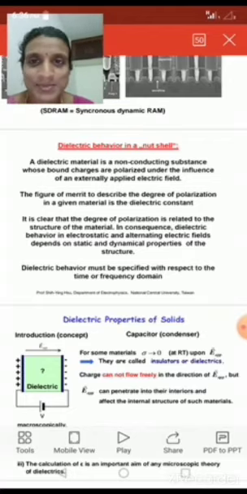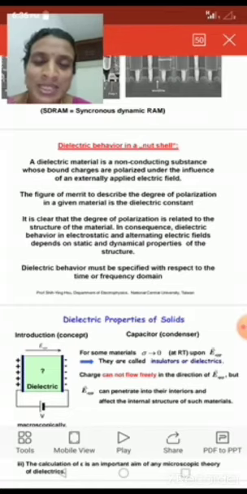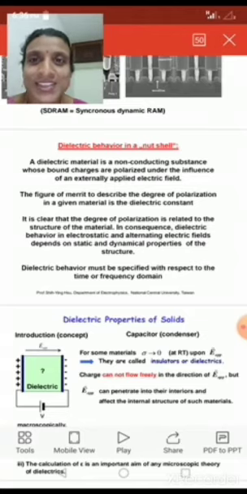Energies are of two types, electrical energy and thermal energy. If a substance is a bad conductor of electricity, then it is also a bad conductor of heat. And why is it a bad conductor? Because the charges are in a bound condition. It is very difficult to polarize such dielectric materials by applying a normal amount of electric field. We have to apply a very high externally applied electric field.